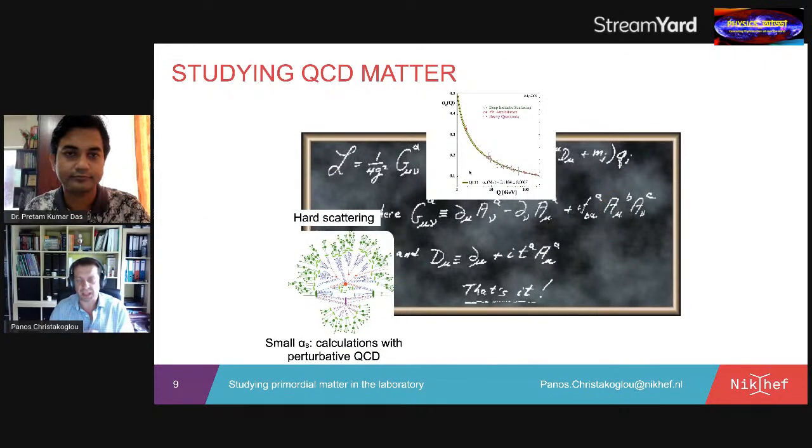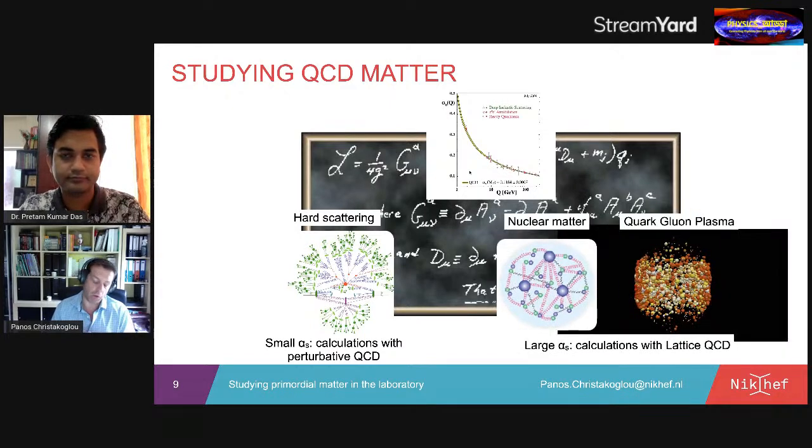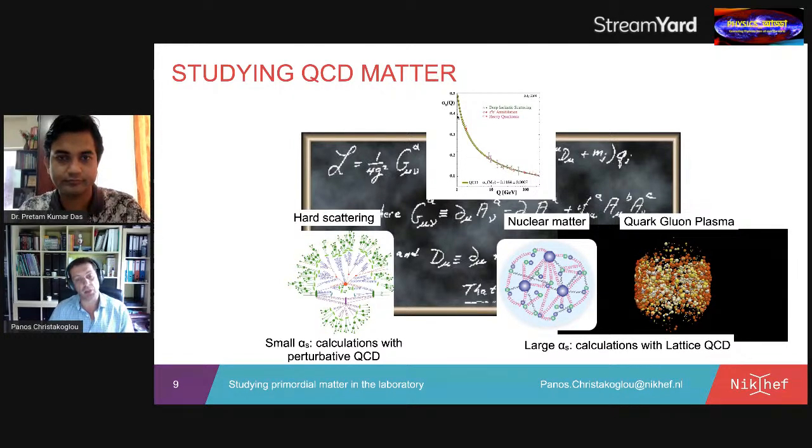Now, this peculiar behavior of the coupling strength of the theory allows us, for processes that involve large momentum transfers, to expand this Lagrangian density in series of alpha s. So in a technique which is called perturbative QCD, which allows you to calculate different processes, and these calculations from the theory side can be compared with experimental data. So they can be confronted with data, and we can make predictions from QCD, which eventually, hopefully, are